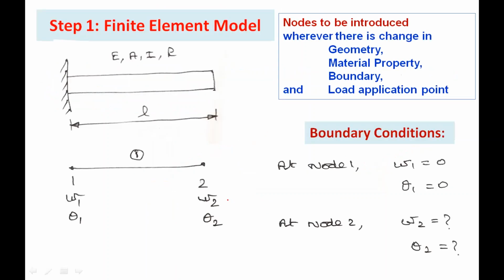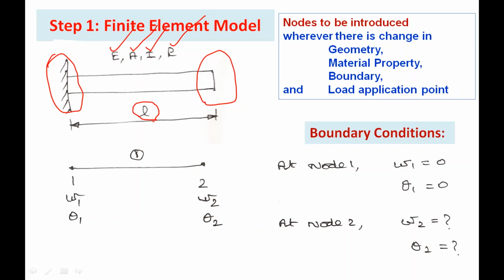Now to make a finite element model of the cantilever beam, we make the model like this. One end is fixed, the other end is free. This is the given cantilever beam. Here we are going to use the material parameters Young's modulus E and mass density rho, then the geometrical parameters, area of cross section A and area moment of inertia I. Then we assume the length of the beam is L.